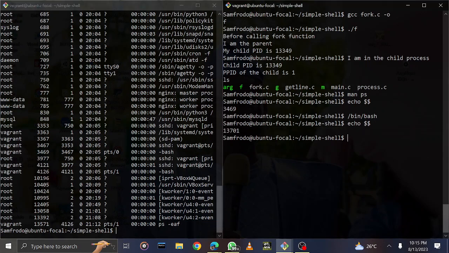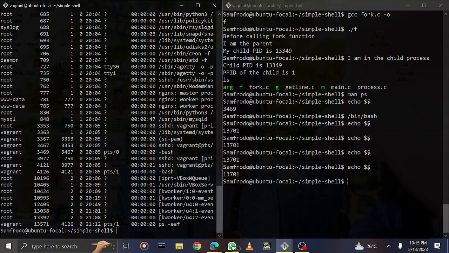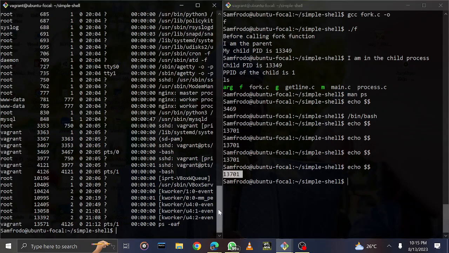But without rerunning the executable file, when I do this, I'm still going to keep getting the same output, because this guy, I didn't rerun it. It's still the same process that is running. But as long as I restart it, the former process that was running will be removed from this process table and a new process will be created. So if I should run my ps -eaf command now, I should still see this guy, but this time around the process ID would have